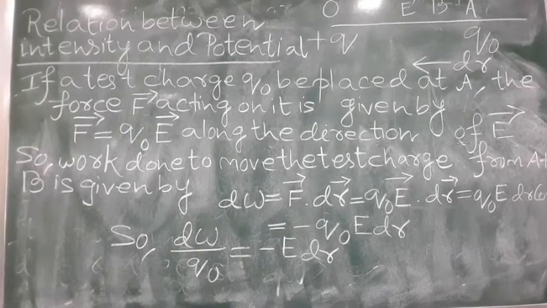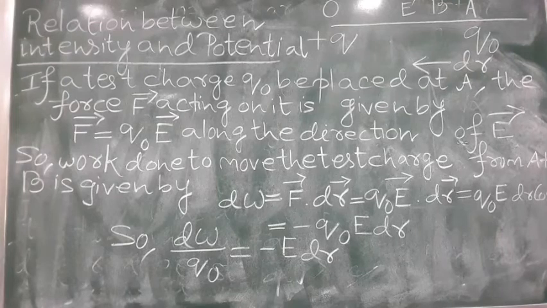You must remember, students, that electric field intensity is a vector quantity. That is why I have given the vector sign on E. Okay, field intensity is a vector quantity. So work done to move the test charge from A to B is given by dW equals F vector dot dr. Okay, so we see dot product. If you remember the vector which we have done in class 11, remember the first chapter we have done in class 11, vectors. So this is a dot product